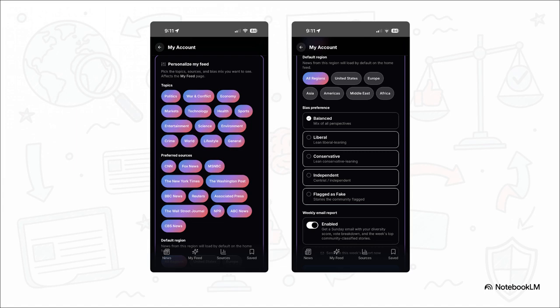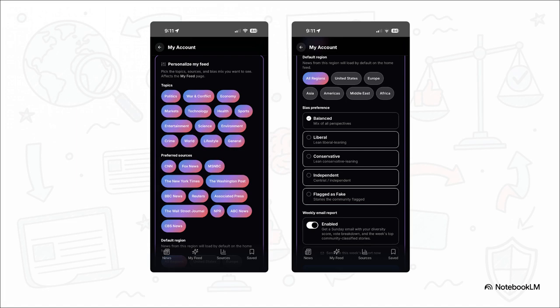On these customization screens, you aren't just picking topics like technology or politics. You are actually selecting your preferred bias mix. By selecting balanced, mix of all perspectives, you are actively instructing the platform to break you out of your filter bubble. You are demanding a feed that intentionally shows you the blue, the red, and the purple side by side for every major story. You get to see exactly how the other side is covering the exact same event, which